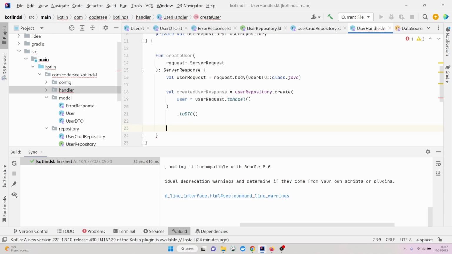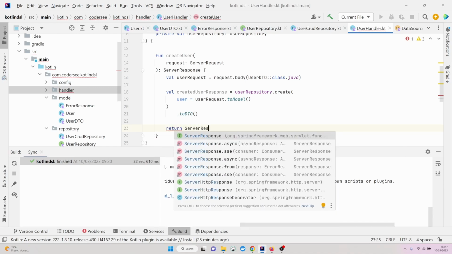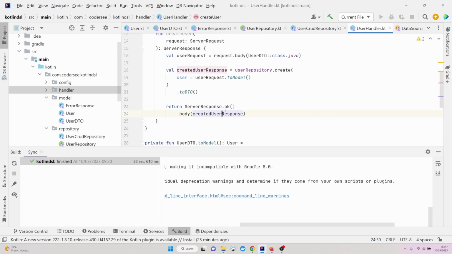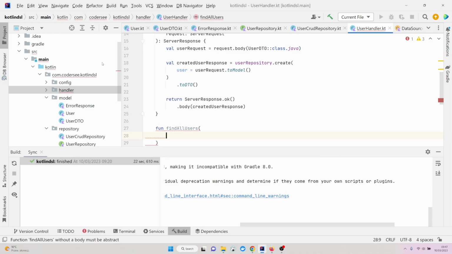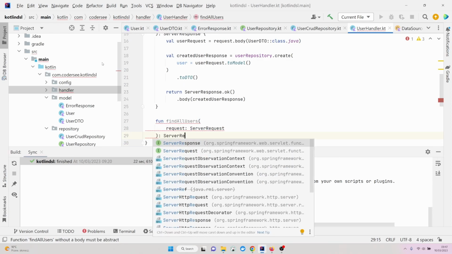Ctrl+Alt+L, wonderful. And finally, let's return 200 OK with the payload. So return server response, OK, and body will be simply created user response. So each time the user is created, the API will return the created user response as a payload and 200 OK status code. Following, let's add find all users, fun, find all users, and similarly request will be the server request, response will be server response,